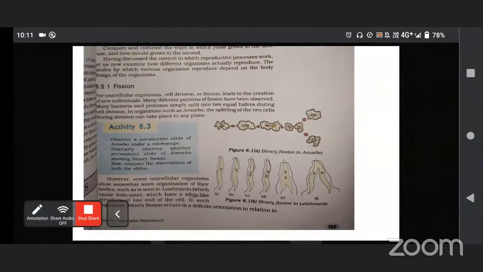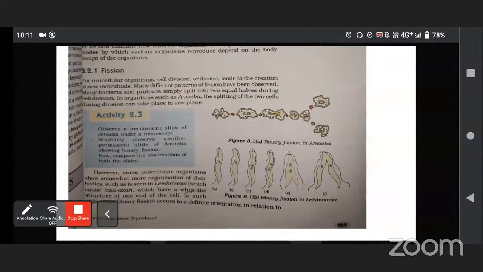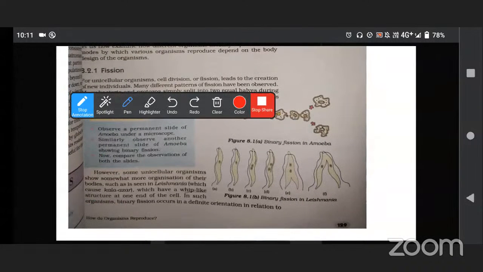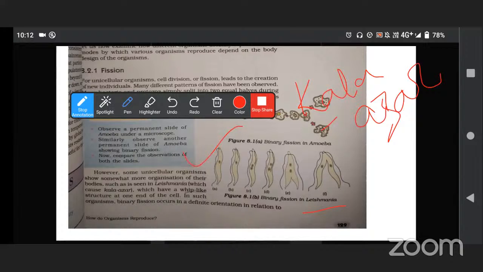However, in some other organisms, this is Leishmania. It is a microorganism which causes Kala-Azar. It is actually a fever, Kala-Azar. So some unicellular organisms, this is also a unicellular organism, show somewhat more organization of their bodies, such as seen in Leishmania,